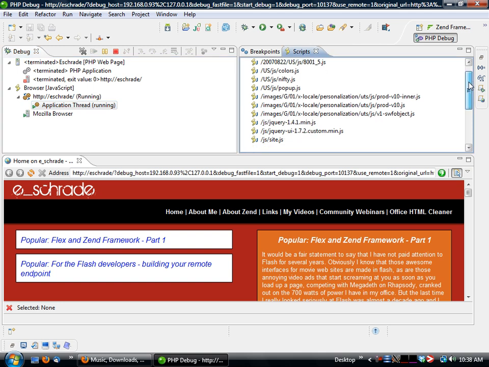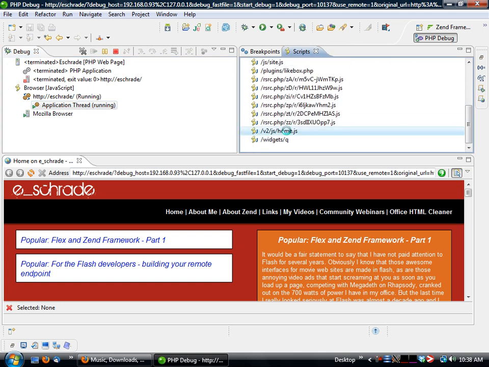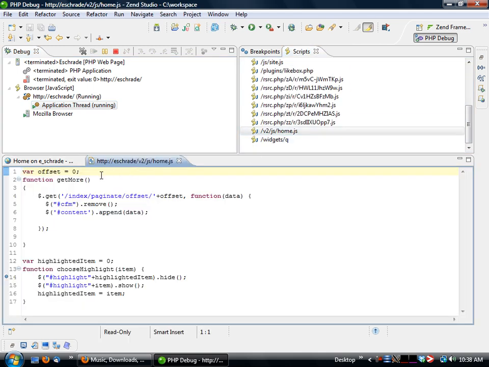So what I can then do is I'll go down here. I have one called home.js. I double click on that, and it brings up that URL, and I can set a breakpoint, which, as you can see, I've already done at an earlier time. Breakpoints are set the same way they're done in normal PHP, so I just double click on that line,